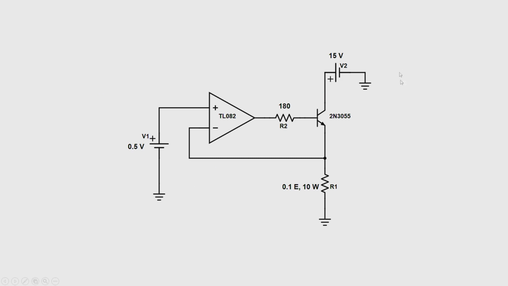Now, if you carefully look into the working of the circuit, the current flowing through this R1 resistor entirely depends upon the voltage drop generated across R1, and the voltage drop across R1 is due to the voltage connected at the positive terminal of the operational amplifier. Higher the voltage, higher the drop across the R1 resistor, and as a result higher the current flow through it. Lower the voltage, lower the current, so lower the heat dissipation across the transistor.